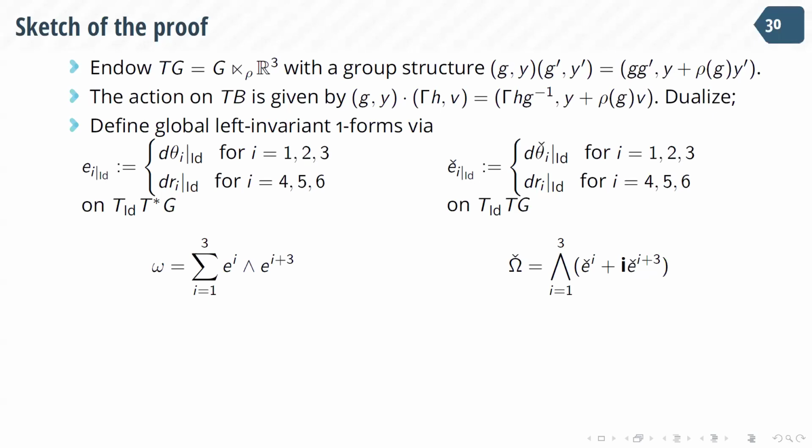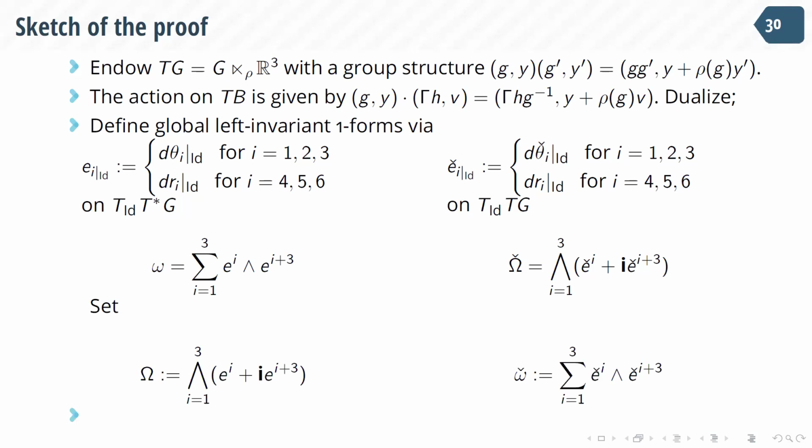So that the symplectic form has this standard expression on the symplectic side, while the complex form on the complex side has this other expression. Then we define the requested